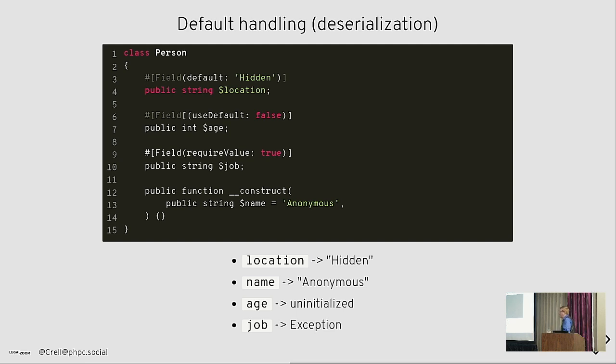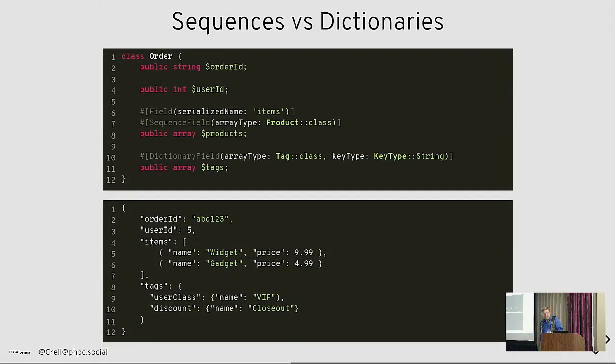We also need to differentiate between sequences and dictionaries. PHP arrays are the language's original sin because it conflates lists and maps into a single data structure, which nothing else does and makes life so difficult when you're talking to anything that's not PHP, like serializing to JSON. So, the system will take a good guess if you don't specify, but you really should flag an array property as, in this case, a sequence of products.